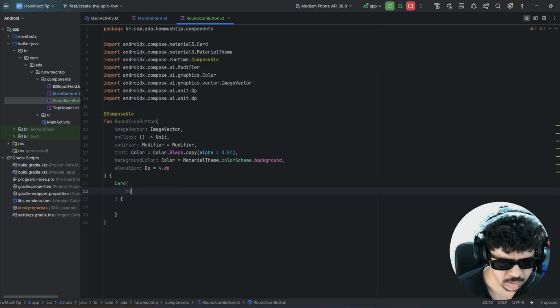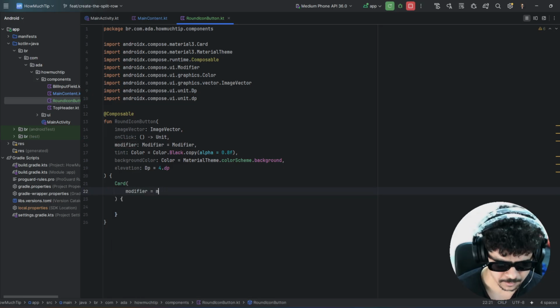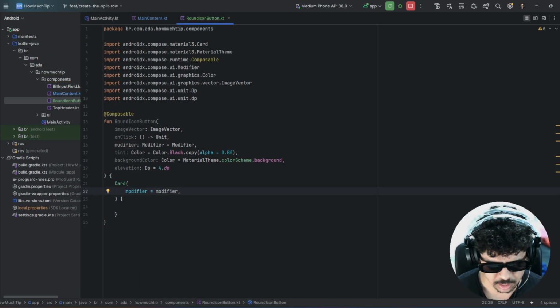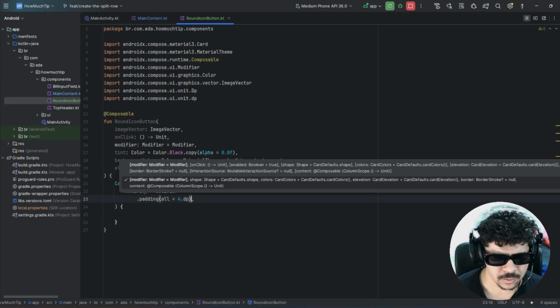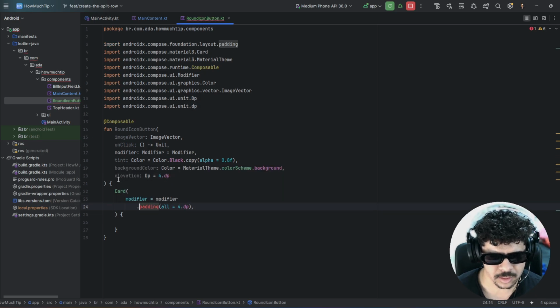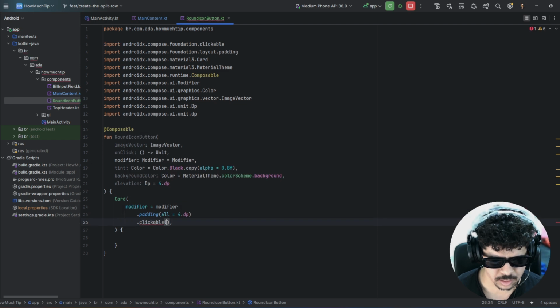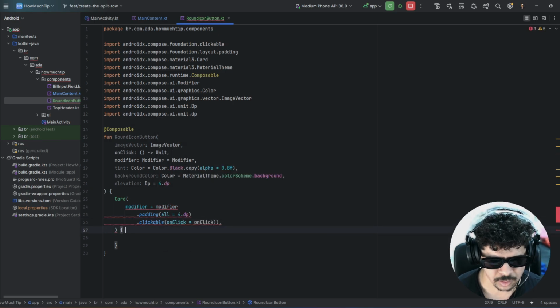So the modifier will receive the modifier that we are receiving here, and we can just add some padding. 4 dp is good. Let's import this. We can make this clickable like this, and we can pass our own onClick that we are receiving,